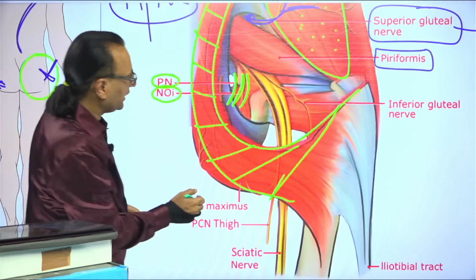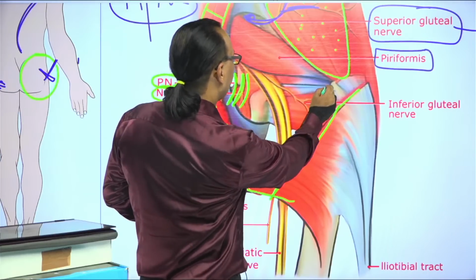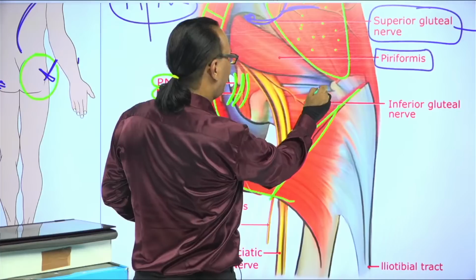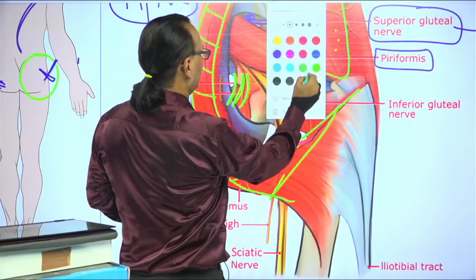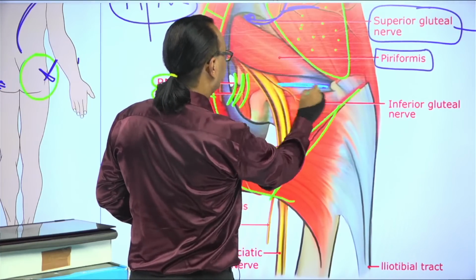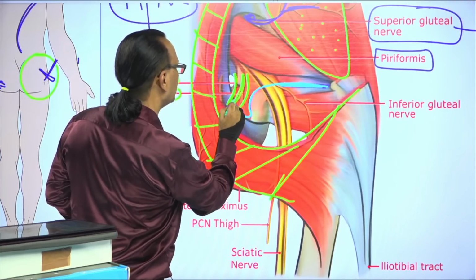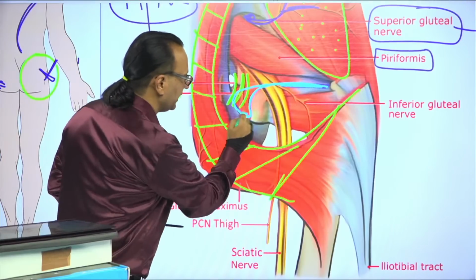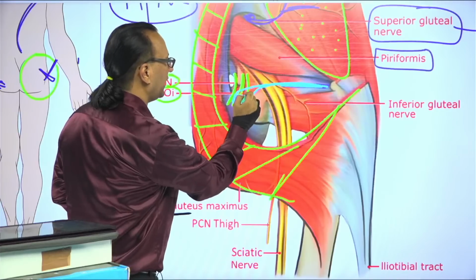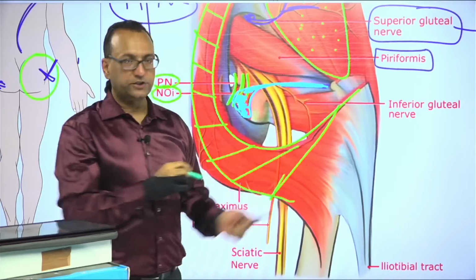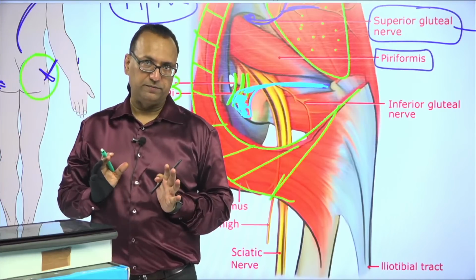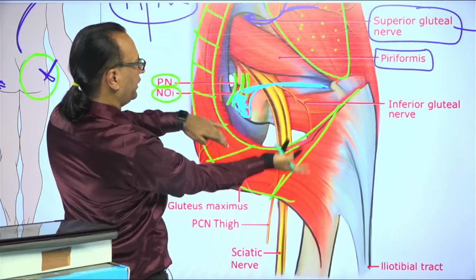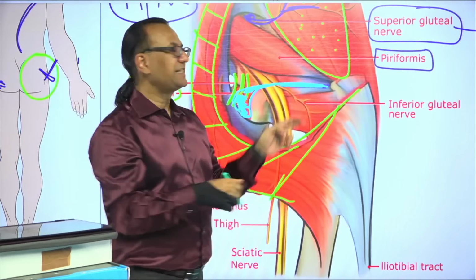And in the lesser sciatic notch, if you can see, let me change the color. This is the tendon of obturator internus. The obturator internus muscle is on the obturator foramen, and in the notch you have the tendon. You cannot see obturator internus until you remove the large muscle, gluteus maximus. You cut the gluteus maximus, then you see obturator internus,